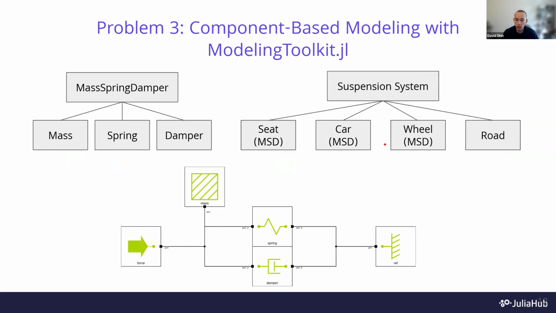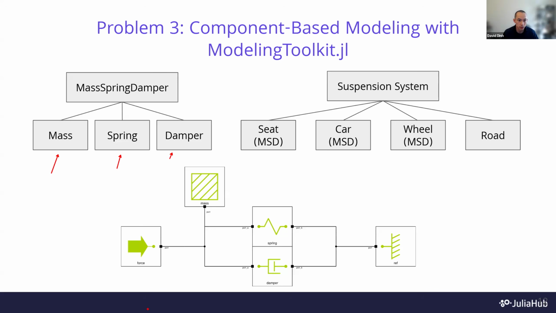So ultimately, what we wanted to do was take a look at a car moving along a bumpy road and see what the response was in that car, a car that has a few components: a wheel, a car body, and a seat. So what we did in this final part was we said, let's build up mass, spring